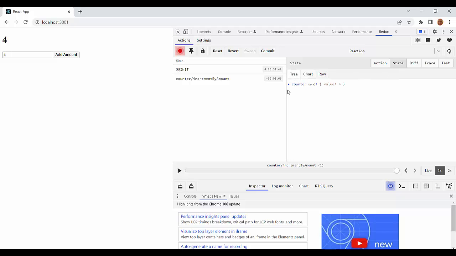Here is the counter, which means the state. Here it is counter value 4, and look at the value from 0 to 4. But look at here, the action is counter increment by amount. Again,